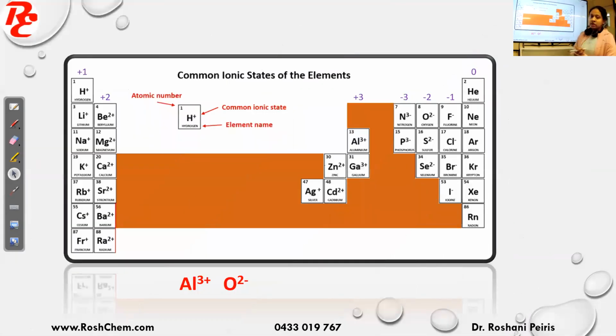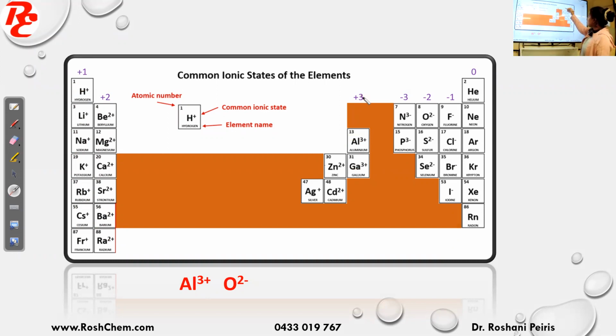So here is the periodic table, right? So I have written the charges. So you can see this is group 1. The elements of group 1, they all form +1 charge. Then elements from group 2, they form +2 charge. So then this is group 3. So from group 3, aluminium, gallium, they can form +3 charge.